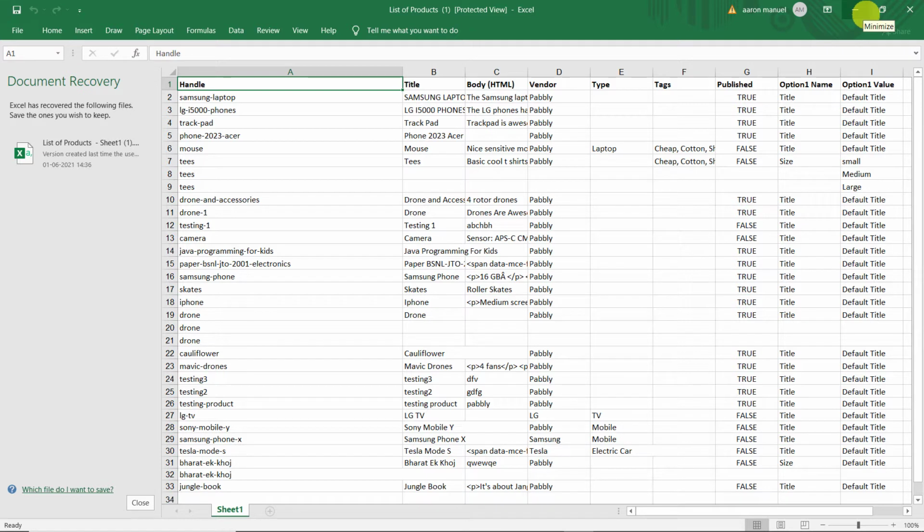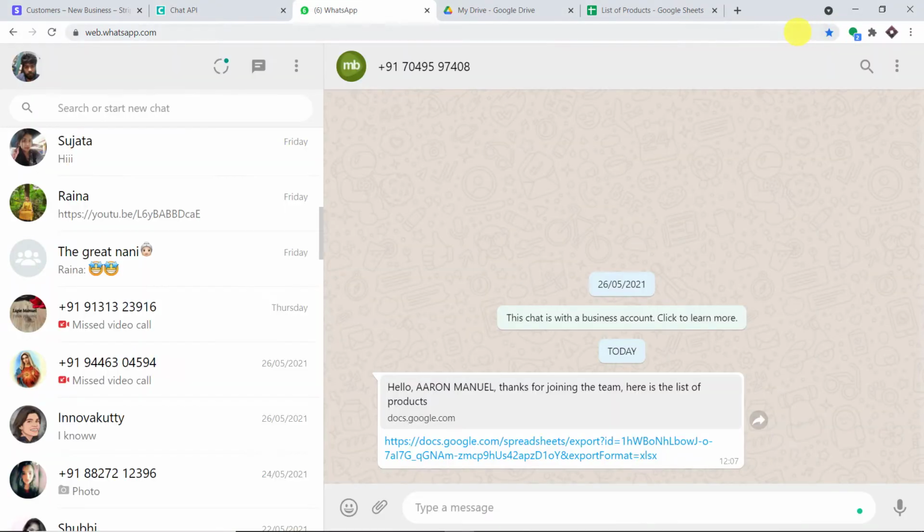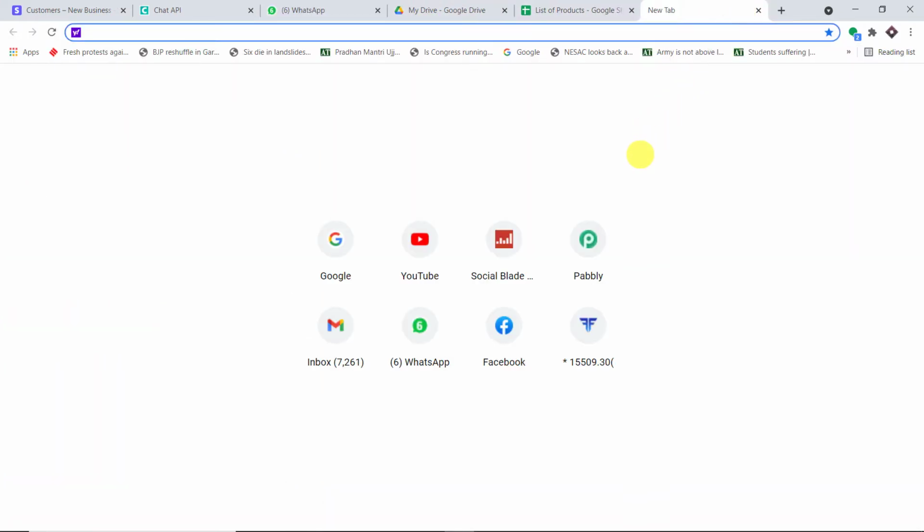Excellent. So your obvious question is, how did I do it? How did I manage to send the data from Stripe to WhatsApp? So basically here I have used an integration and automation software called PabliConnect that integrates Stripe, Google Drive and WhatsApp. Now the best part of using PabliConnect is there is no need for coding skills or programming knowledge. Let me show you the process.